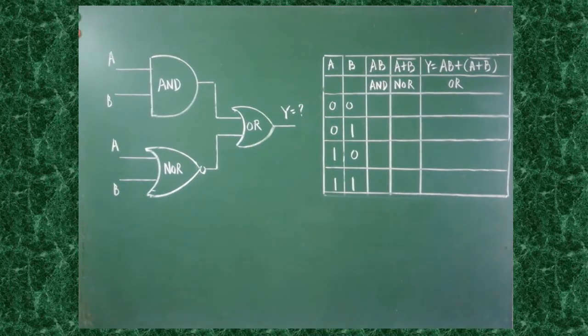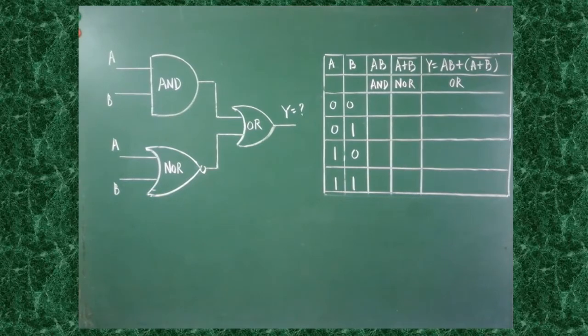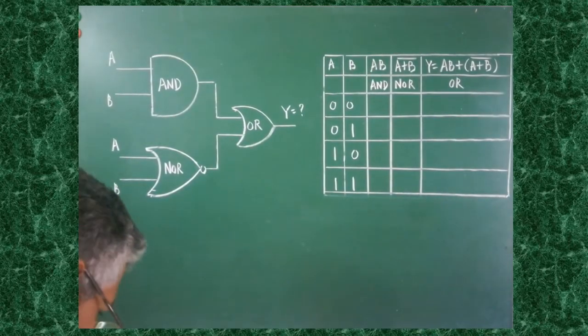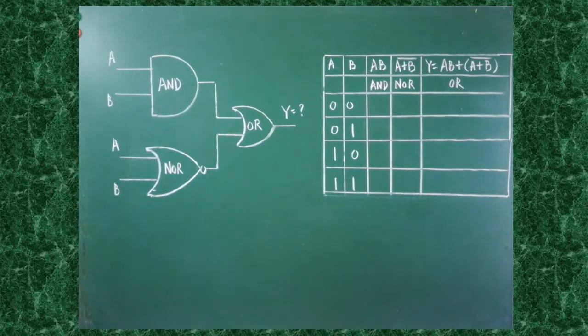Now we are going to solve the 10th problem in the 10th chapter. Here one diagram is given. Okay, so here one circuit is given. For that circuit, we have to find out the output. I will read out the problem. Write down the Boolean equation for the output y of the given circuit and give its truth table.